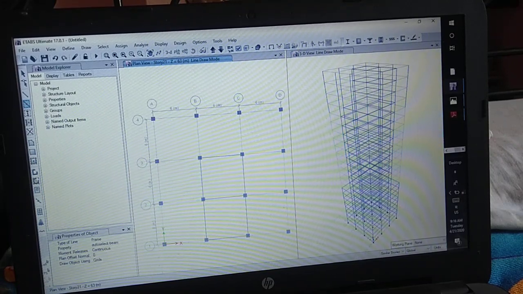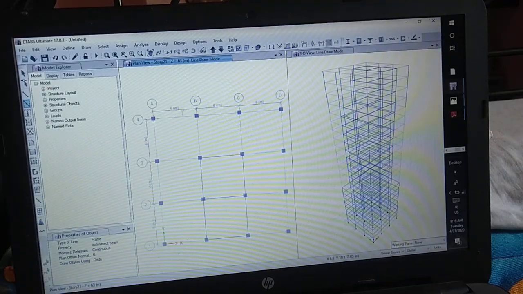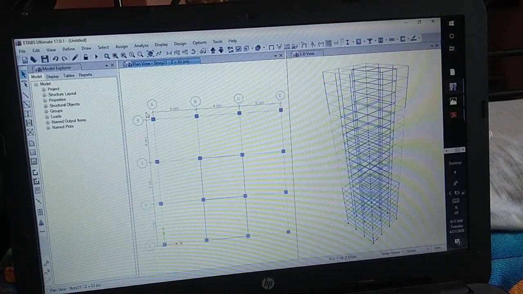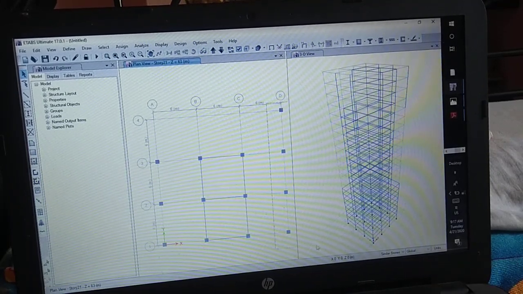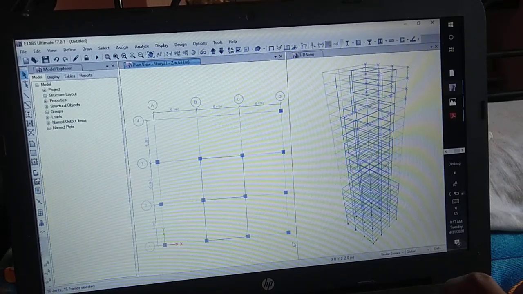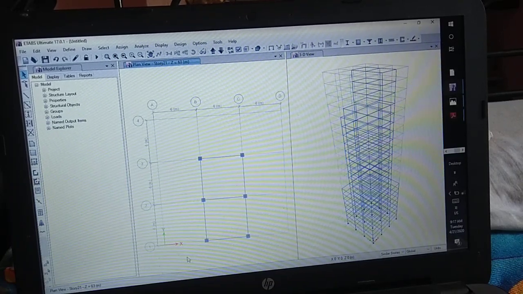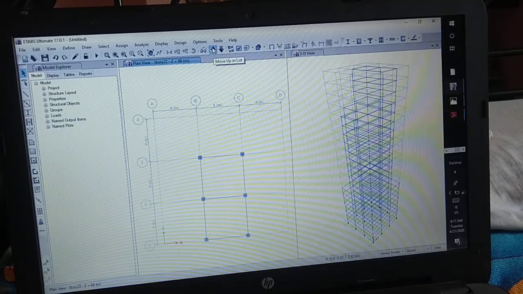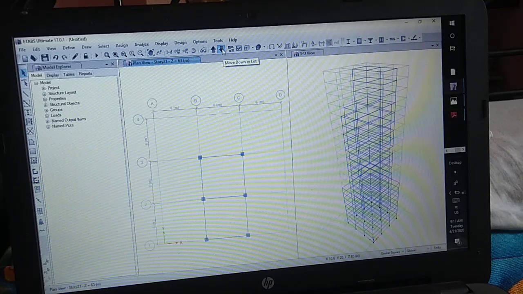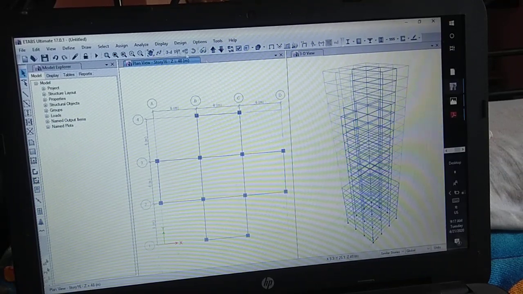Then see which columns you require to delete. So click on Escape to exit and select all the columns and simply delete the columns. So this is our plan for stories 20, 22, 23 and below story 19. So we have created this. Then next step is